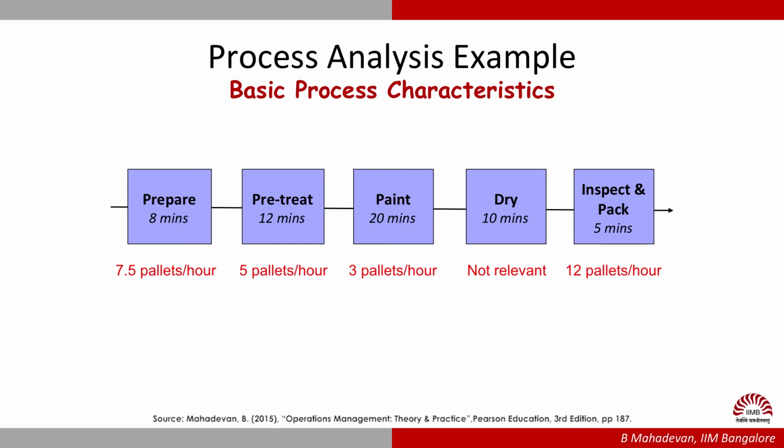So what we have done now is we have converted all the minutes into production capacity at each of the workstations, and what you see here is painting can produce only 3 pallets per hour, and therefore that determines the output. In other words, the strength of the chain is the weakest link. So here the weakest link seems to be painting, so that determines the output. Since 3 pallets per hour is all that is possible, in an 8-hour working day, the line output will be only 24 pallets. So that is how we can estimate the daily output from any process.